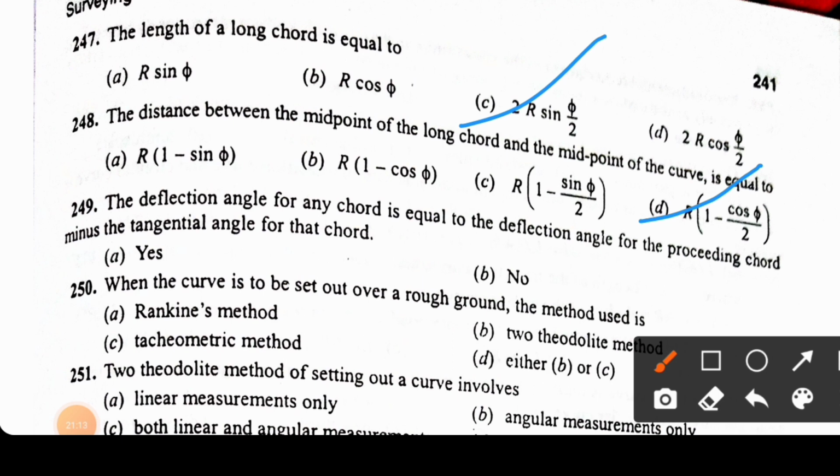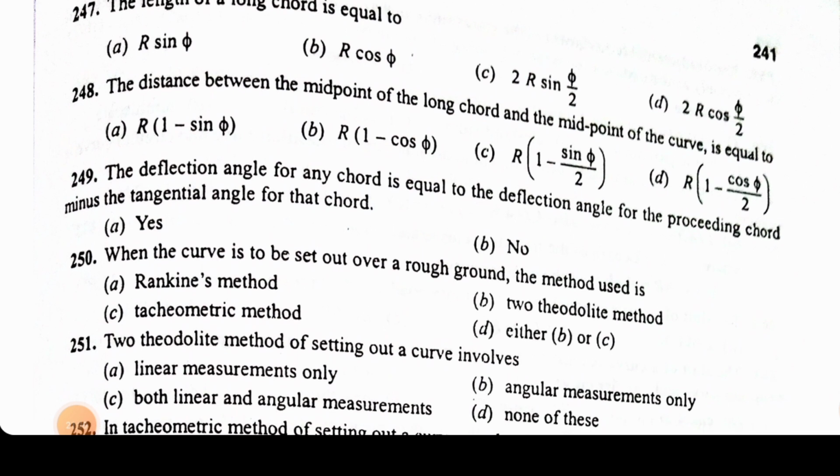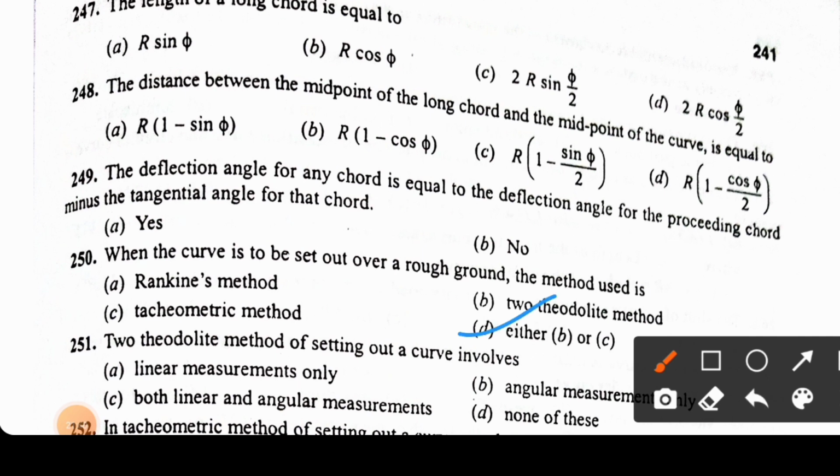No, it is wrong. उसके बाद देखो, when the curve is to be set out over a rough ground, the method used is two theodolite method, टैचोमेट्रिक मेथड। यहाँ पे करेक्ट आंसर होगा डी। आइदर बी और ये दोनों में कोई भी आंसर हो सकता।